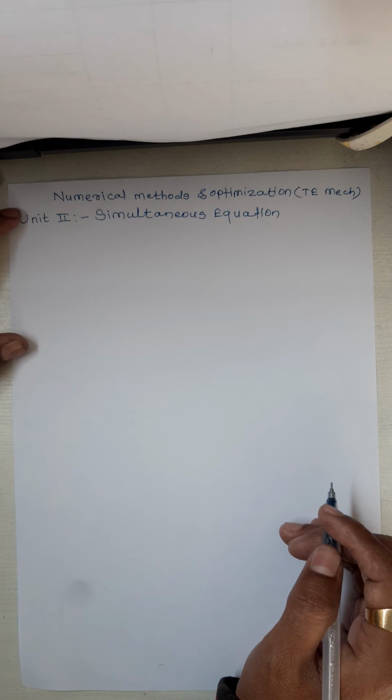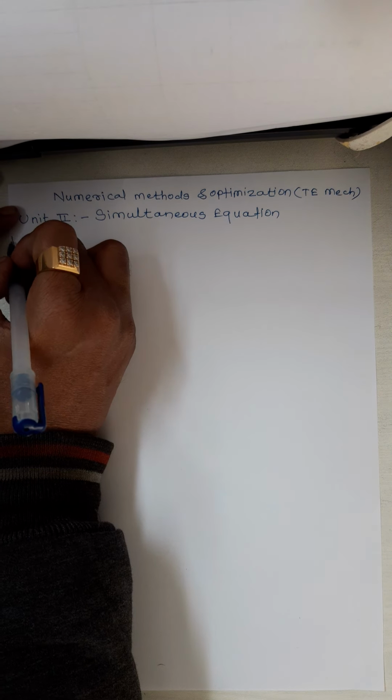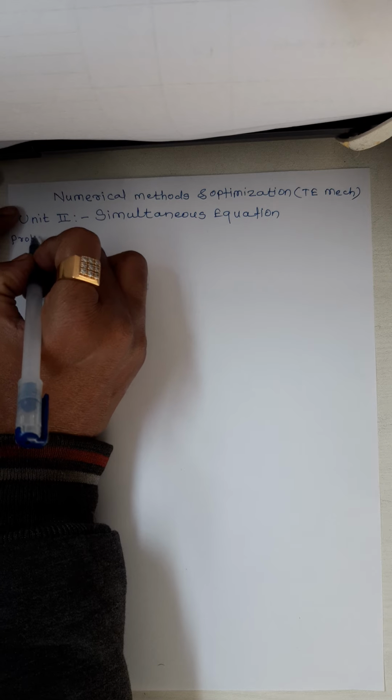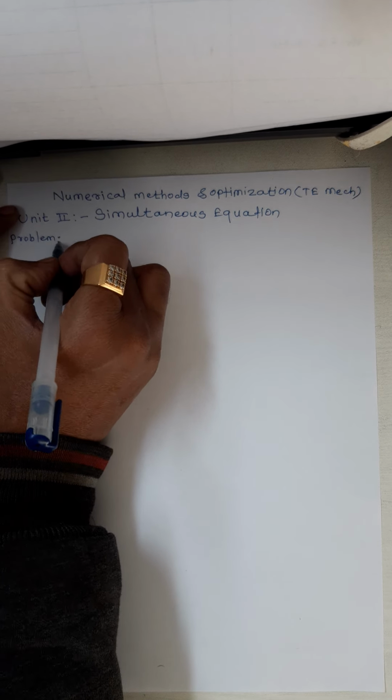Today I would like to explain how to solve numericals on the basis of the Gauss elimination method from unit number 2, simultaneous equations, and the subject is Numerical Methods and Optimization, that is NMO. So here I just write down the numerical, that is, the problem is